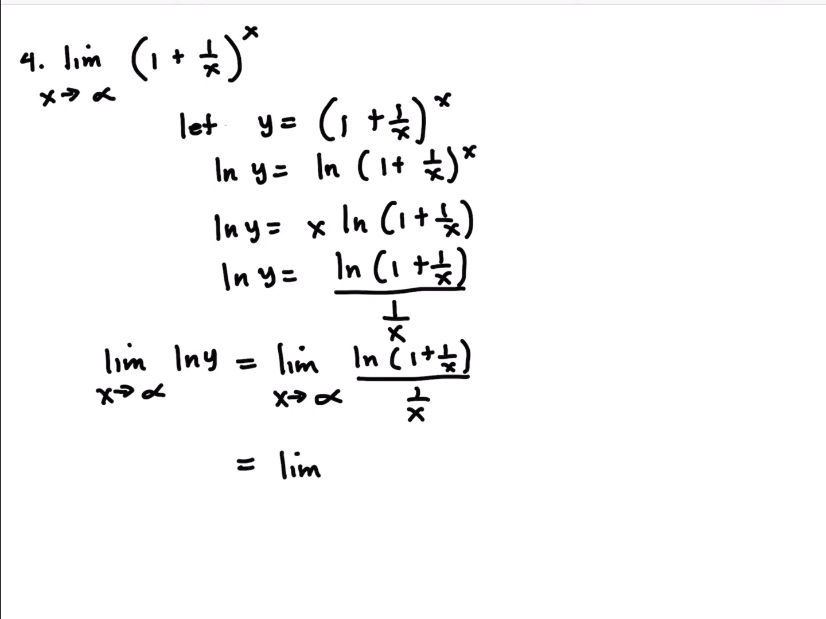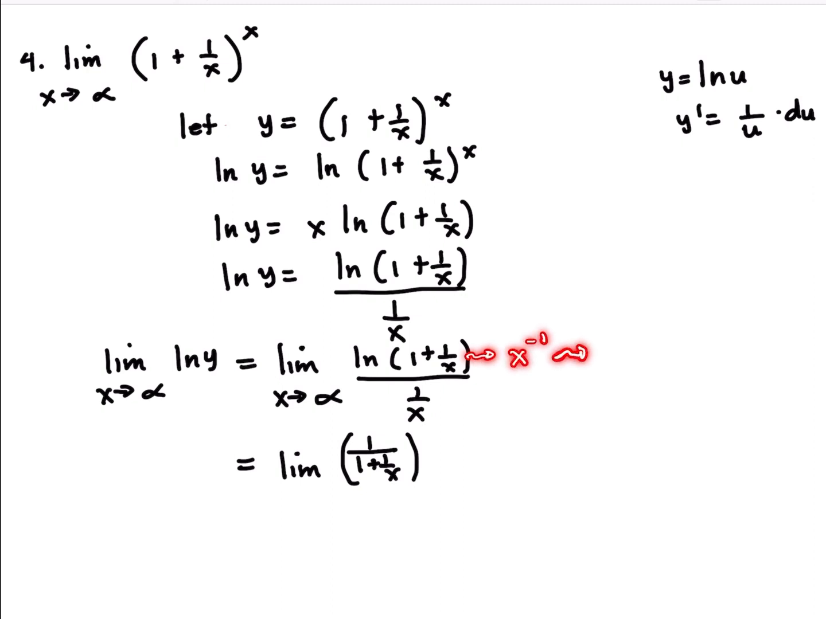So this now becomes the limit where our numerator is ln of the quantity 1 plus 1 over x. So this one takes the form ln of u. Remember that if y is equal to ln of u, then y prime is equal to 1 over u times du. So we have to apply that in our numerator. The derivative of ln of 1 plus 1 over x is 1 over 1 plus 1 over x times the derivative of 1 plus 1 over x. Take note that 1 over x here is the same as x raised to negative 1, and therefore its derivative is negative 1 x raised to negative 2, or negative 1 over x squared. So times negative 1 over x squared, all over